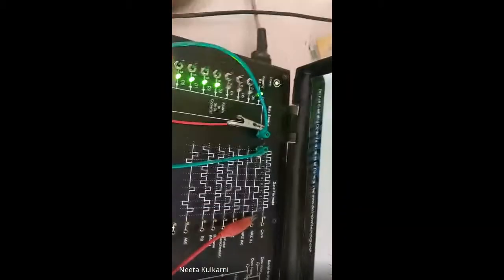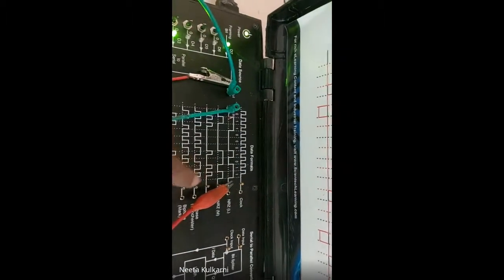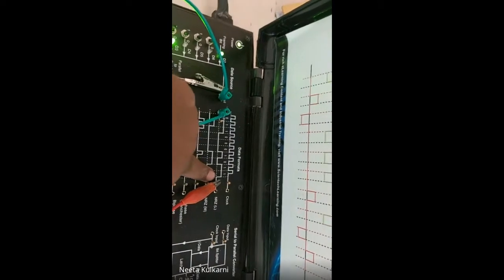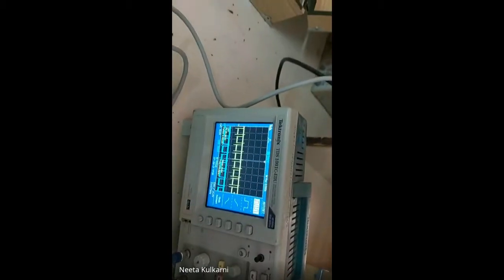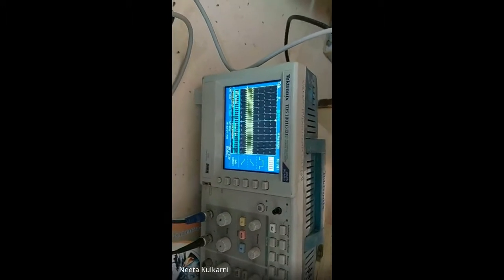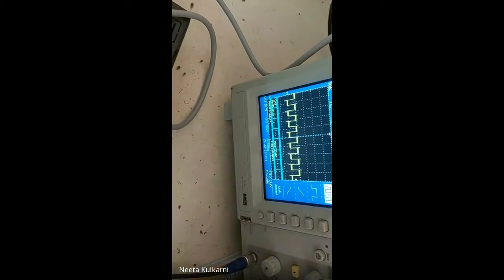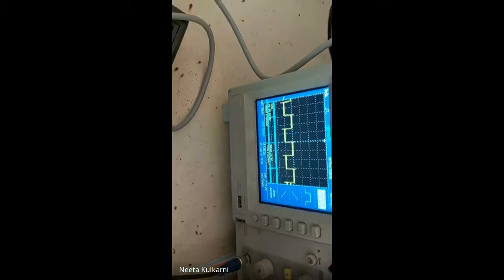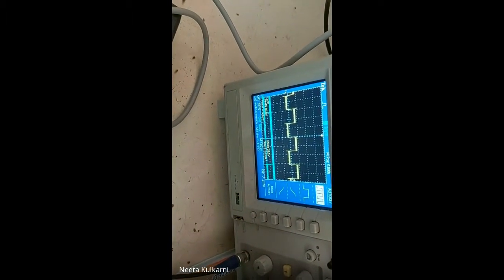See, the yellow color that you see here is the data originally generated here, and that we have given as input to this, and this NRZ I have connected here. So you will see the yellow color waveform as the input data format. This is the input data format, and this blue color that you will see is in the particular RZ format. Okay, so I will adjust both the waveforms and simultaneously show you both.